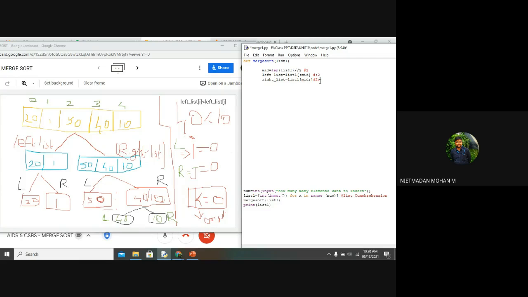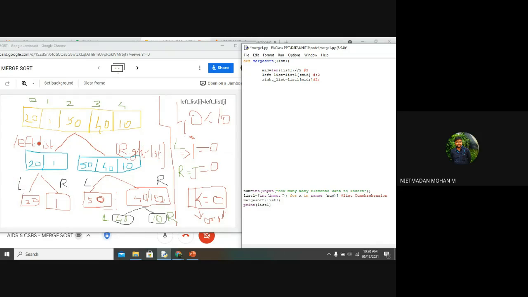Now what is happening? You can see here in the list, I have split it into the left list and the right list. Again, this left list has been split into a left list and a right list, and this right list has been split into a left list and a right list. This process will keep on going till a single element occurs in the list.